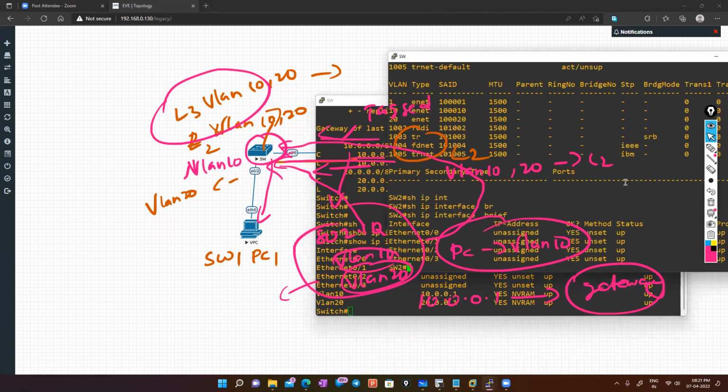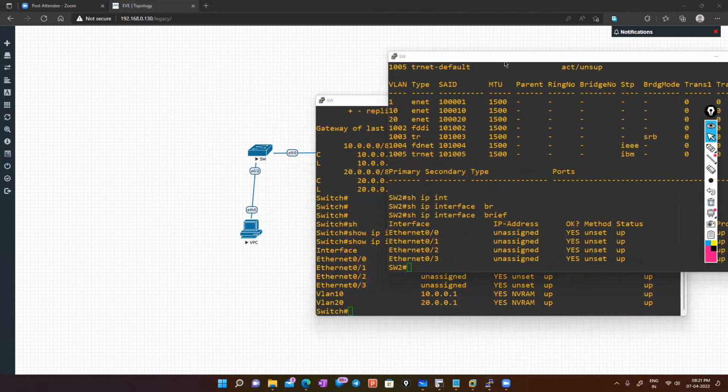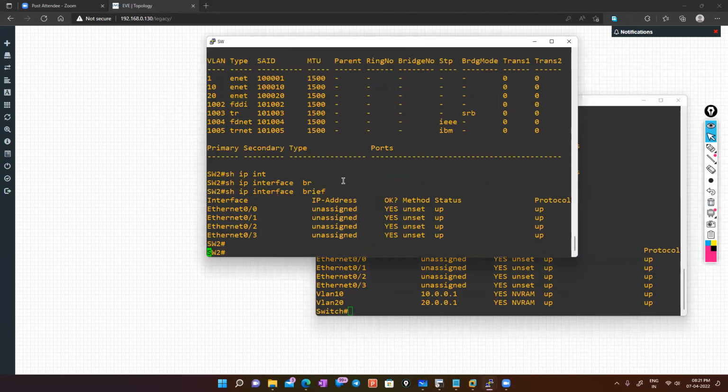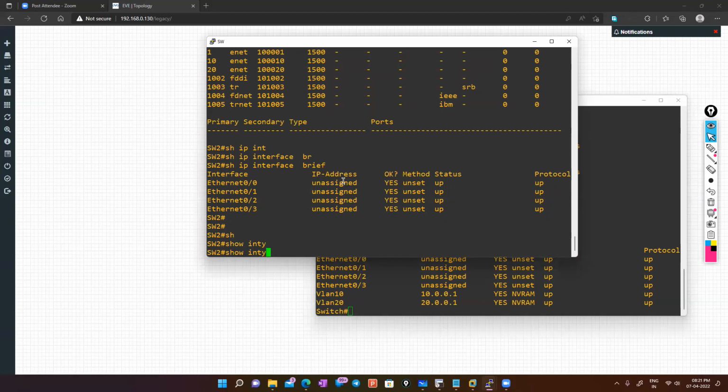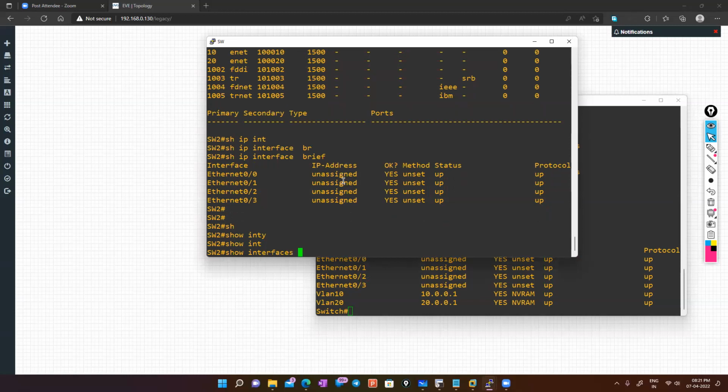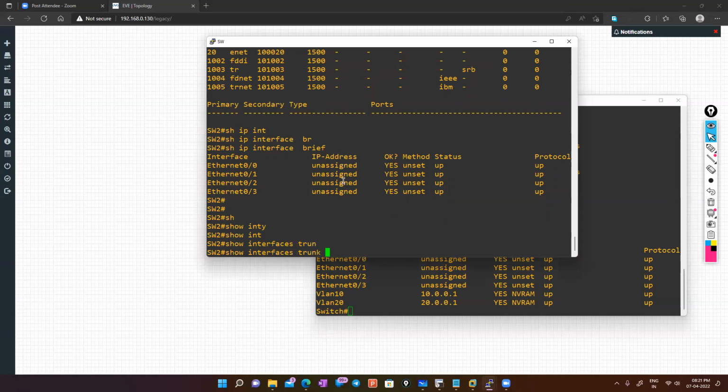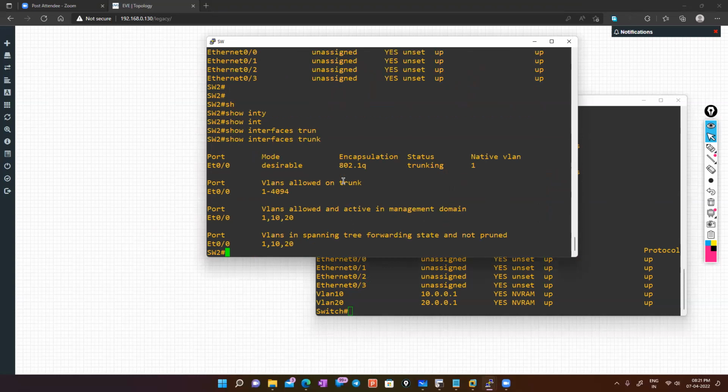Let me go to the switch 2 and erase this, make it clean. Show interface trunk. Can you see this? This is very important. In the output, when you're in a production network or if you're deploying any switches, you have to focus on